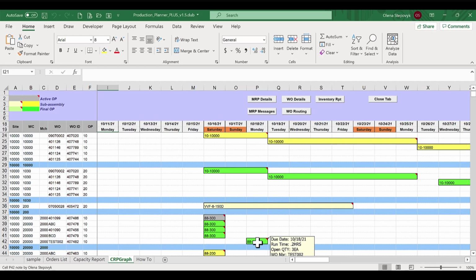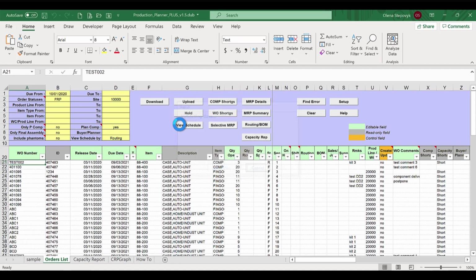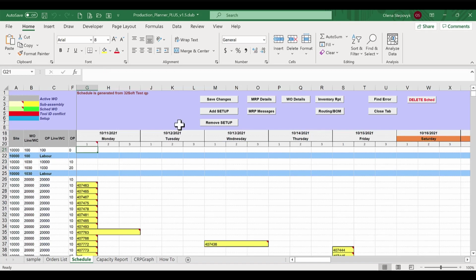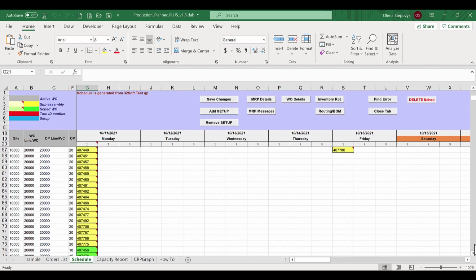Sometimes the scheduler has to work around the fact that accurate capacity and labor information may not be available in QED, or scheduled production is based on a general production line capacity as opposed to individual work centers, or identify required labor based on the production line's load. Another schedule graph view can be helpful with this. This production schedule view takes the downloaded order details and shows how long scheduled orders will need to run to produce the required quantity based on production line capacity, when they need to start to meet the required due dates,